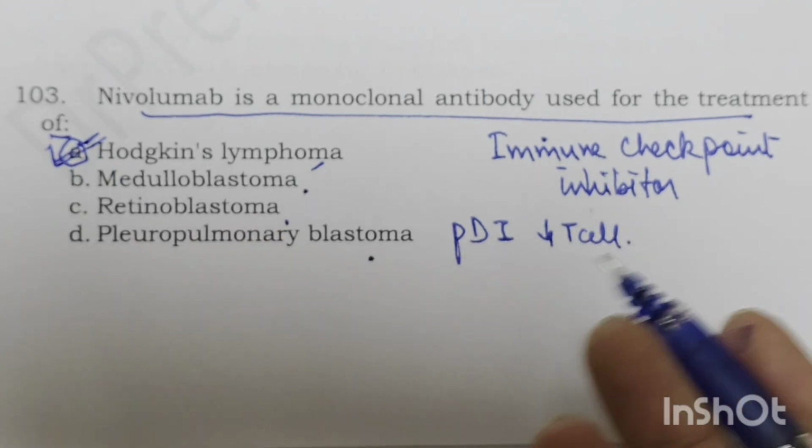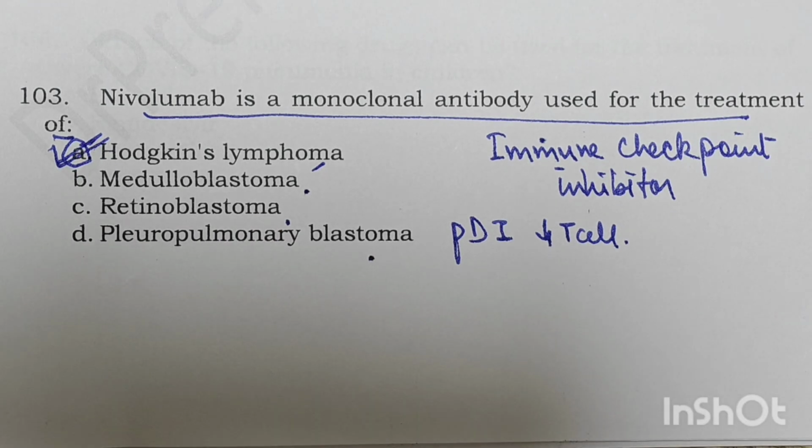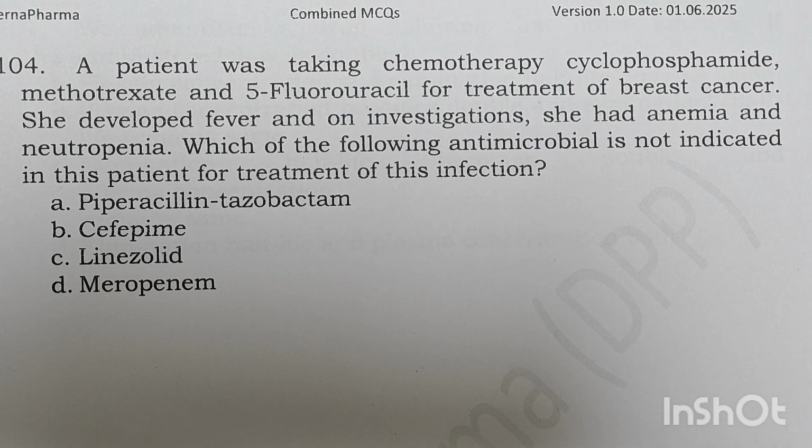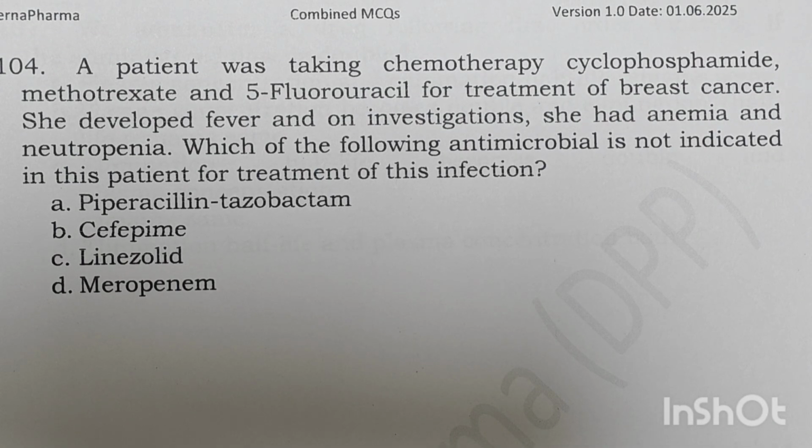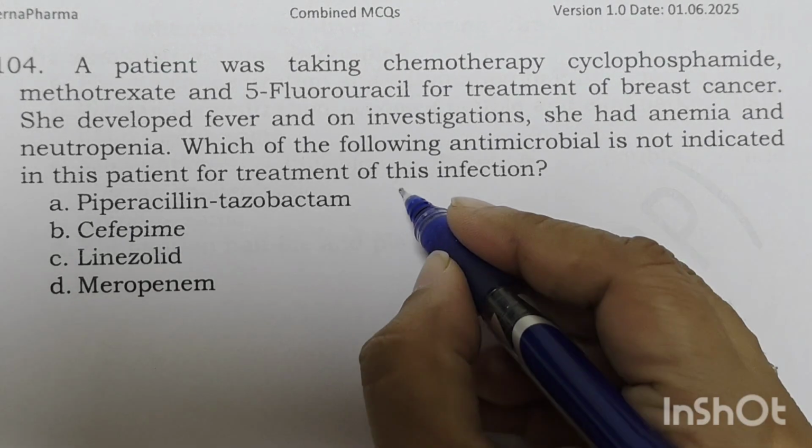Now I know it is very difficult to remember like this, and unless and until इनको रटोगे तभी इसमें कुछ marks मिल पाते हैं. A patient is taking chemotherapy, cyclophosphamide, methotrexate, 5-fluorouracil for treatment of breast cancer. She developed fever and on investigation she had anemia and neutropenia. Now which antimicrobial is not indicated in this case? So here understand that this patient is